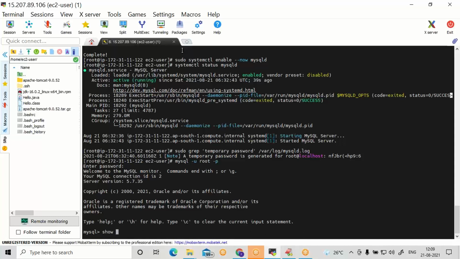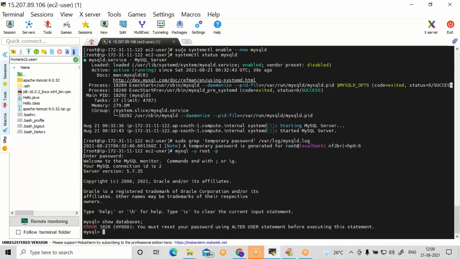Let me trigger one command, show databases. This is one of the commands in MySQL. You can see, you must reset your password before triggering this SQL command. You need to reset the password.